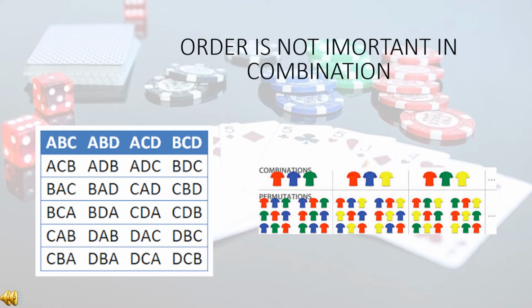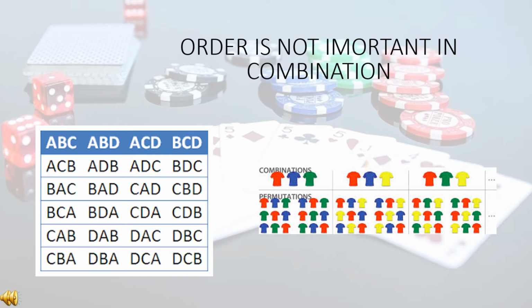Similarly, all the other cases in which B is coming first, A is coming second, A is coming last, A is coming in the middle, but only three letters are there, which are A, B, D. So the second column in combination will consider A, B, D. Similar for all the cases. So out of four letters, three lettered words can be formed using permutation in 24 options, but if we solve using combination, it will give only four answers.